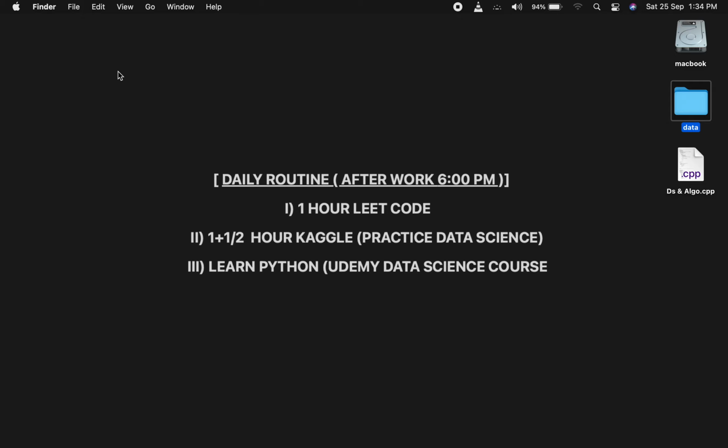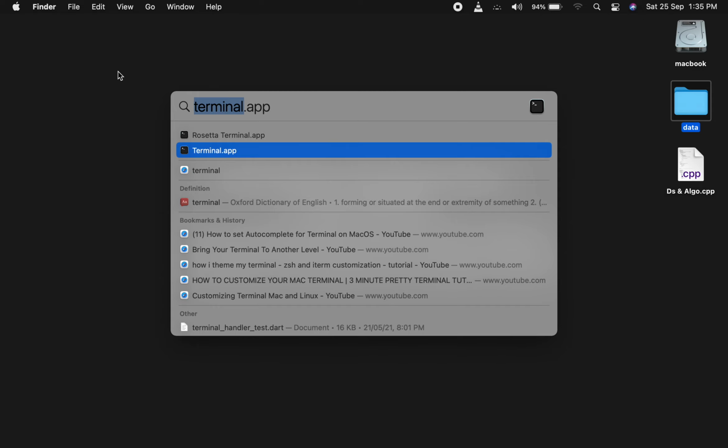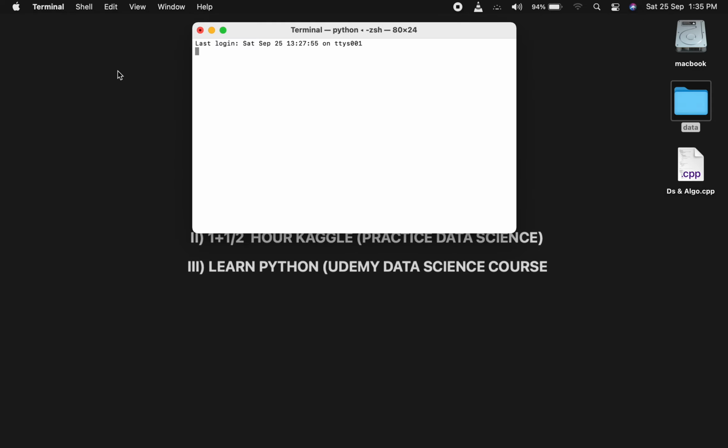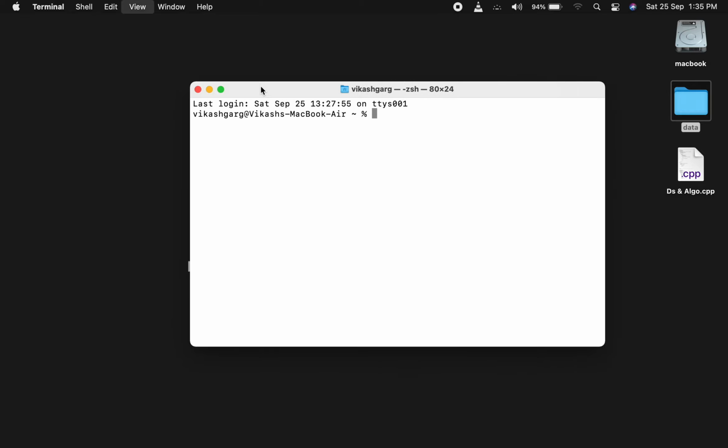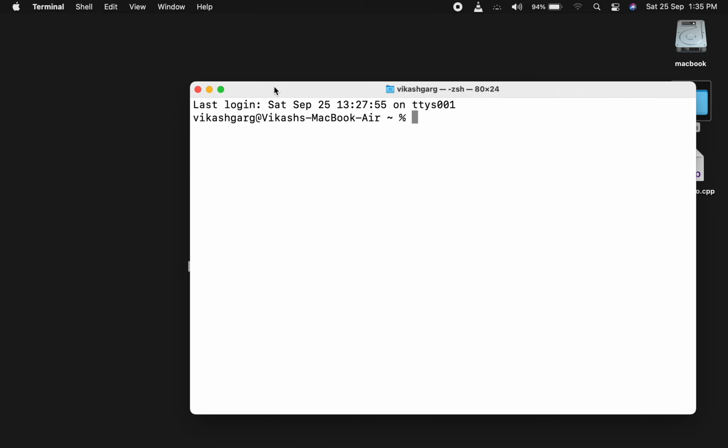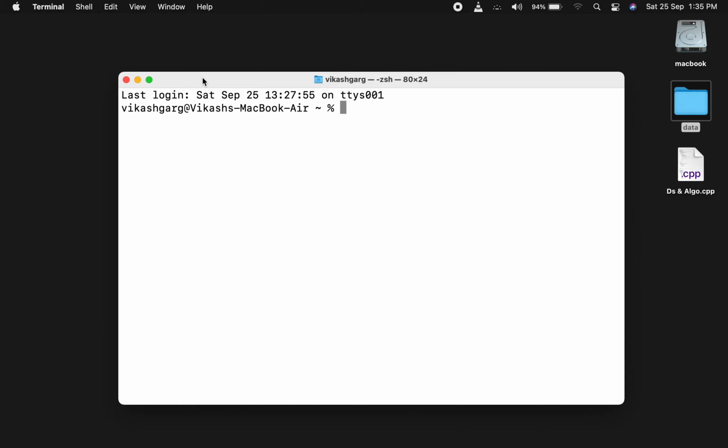Firstly, we need to open our terminal. So as you can see, we'll open our terminal app. This is our default terminal. I'm using Mac. For Windows, you can open command prompt. I'm just zooming in a little bit. Today we are going to study certain Linux commands. What benefits are provided by the CLI, the command line interface?